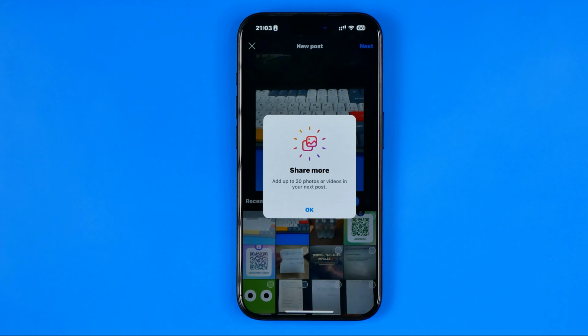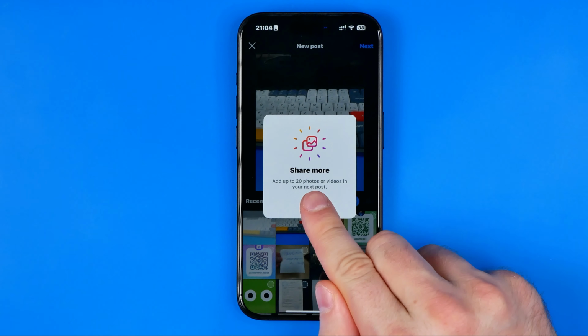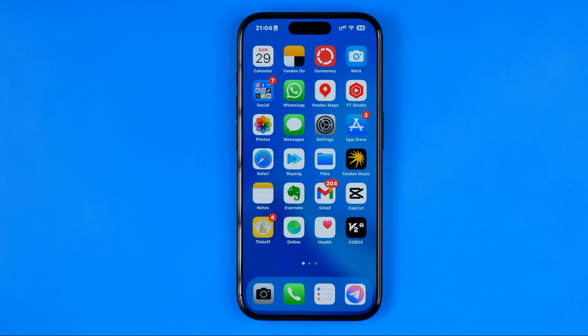In this video, I'm going to show you how you can easily post up to 20 photos or videos at once in one single Instagram post. Be sure to watch the video to the very end so you don't make any mistakes. Let's get started, guys, and first off we need to make sure that we have the latest version of the